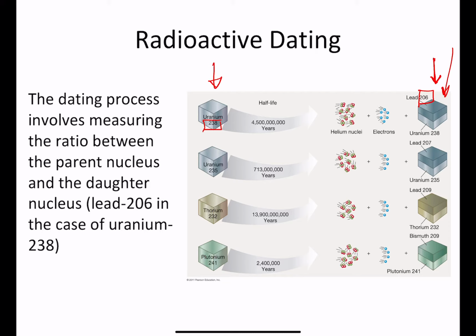So how much of it is daughter and how much of it is parent? You can figure out how old the rock was. So very briefly, that is how you can use radioactivity to find out the ages of things. And in astronomy, this is obviously very important. We can figure out the ages of rocks on our planet, and that gives us an idea of how old those rocks were. And it also helps us come up with estimates of how old the Earth is.